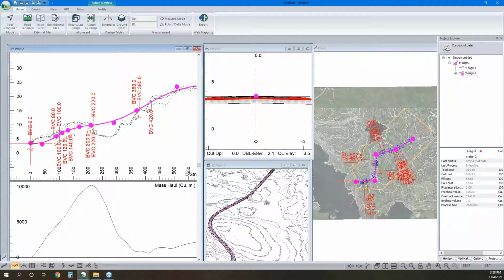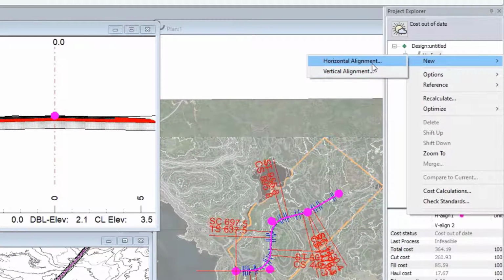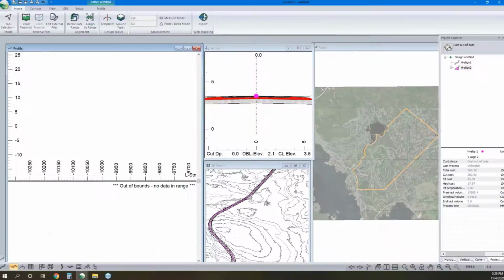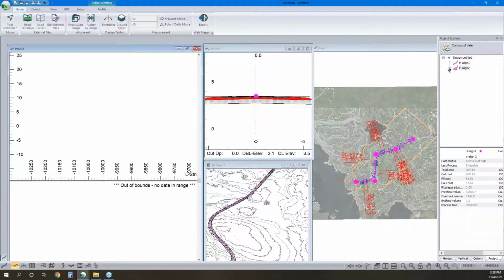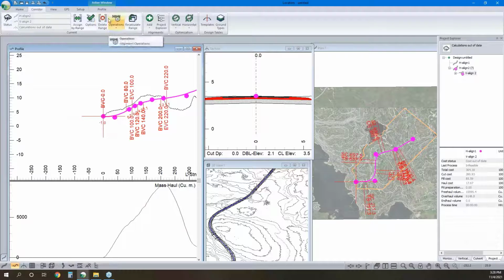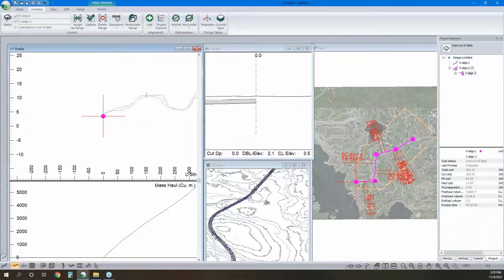Now, I'm just going to duplicate this, new horizontal alignment, duplicate of horizontal alignment 1. So I've got a carbon copy here. I'm just going to do a couple of things to pretend that we start out at the same spot as we started out in the previous. And I will have a moment shortly to address the questions that are coming in. So if I optimize this, it's the same alignment that we had, but